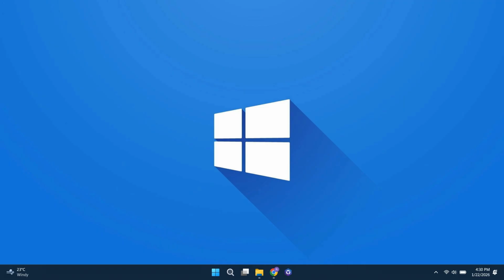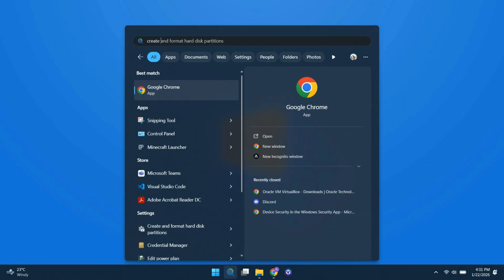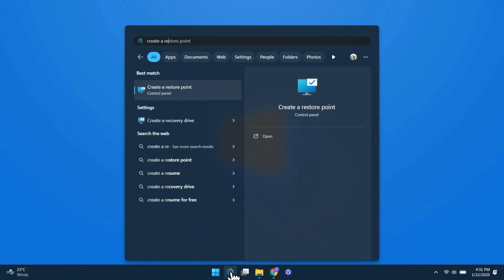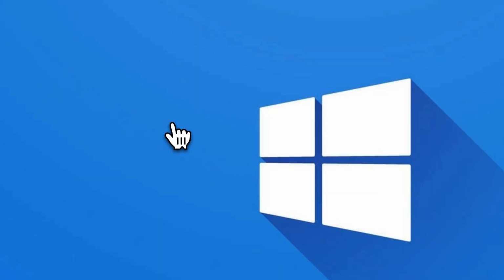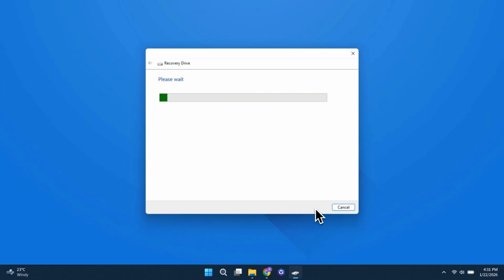If it's still not working, you'll need a USB flash drive. Once you have one ready, go back to the search bar and type Create a recovery drive. Open it, then click Next and follow all the on-screen steps, and this process will back up the necessary files to the recovery drive. After the recovery drive is created, you'll be able to reset your computer successfully, and that's